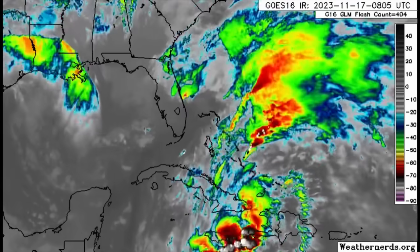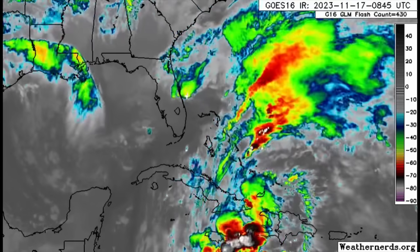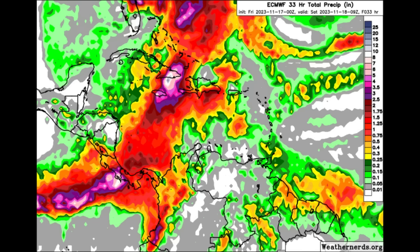And then for much of Florida, conditions have improved, but there's still some showers moving through across some areas, especially near the East Coast. Now let's move on to the rainfall forecast from the Euro model, and here we go. We can see here that this goes out, by the way,